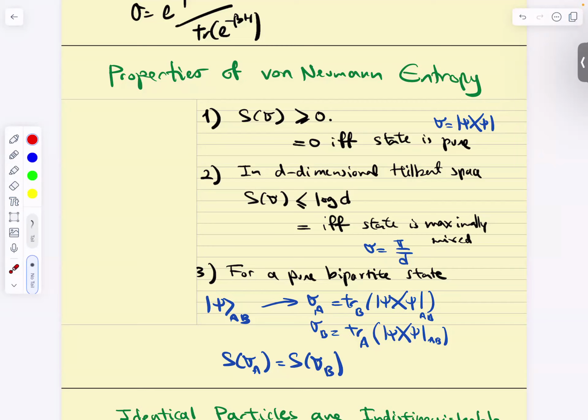Yeah. Saying that Alice and Bob have the same amount of information for a pure bipartite state, is that the same thing as saying that you can't distinguish between the two? No. Not at all. We're going to talk about that. Is it related? No, not at all. A very, very good question, because I'm going to use that as a segue. All right, any other questions? Good. So that was a beautiful question.